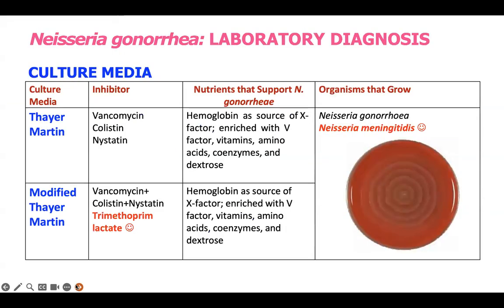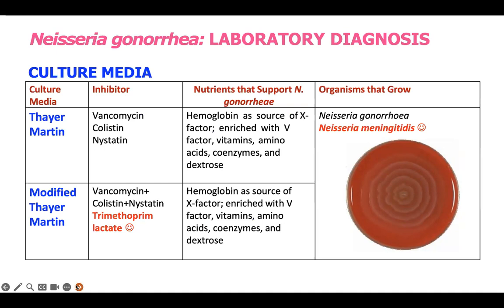Okay? So, ano ba yung mga culture media na pwede natin gamitin for your gonococcus? Ang dami. So, remember, chocolate agar plate, okay na. Pero ang ating mga gonococcus ay sadyang maaarte. Kailangan ng enrichment, additional supplement rather. Okay? So, culture media would include Thayer Martin. Okay? So, ang Thayer Martin has inhibitors, no? So, selective yung ating Thayer Martin. It contains vancomycin, which would inhibit gram-positive organisms, colistin, which would inhibit gram-negative organism, and your nystatin, which would inhibit